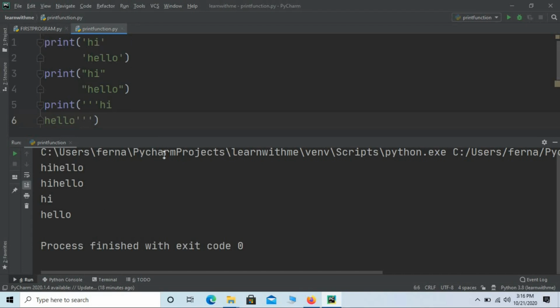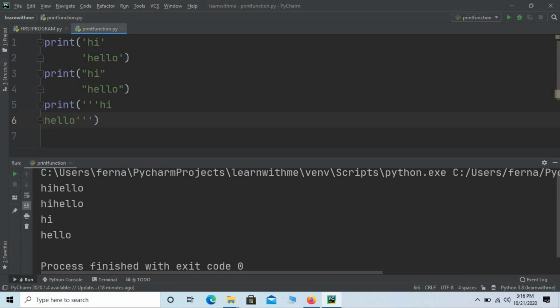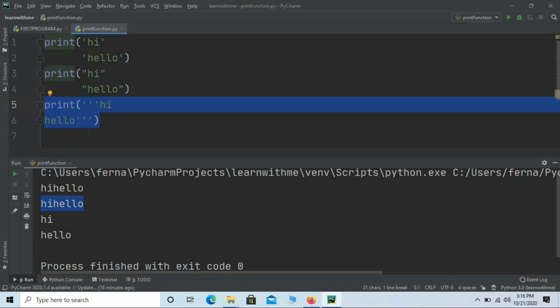The first print statement with the single quotes, hi, hello is being displayed continuously, hi, hello. Second statement, that is print hi, hello within the double quotes. Again my output is hi, hello in the same line, even though I have typed it in two different lines. Third time, when I used triple quotes, if you observe, hi, hello is typed on different lines, but